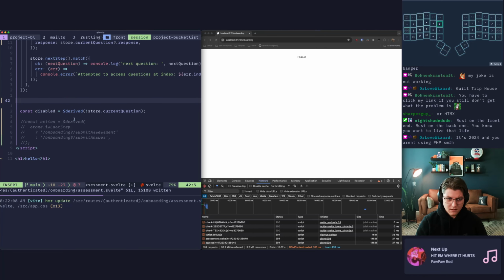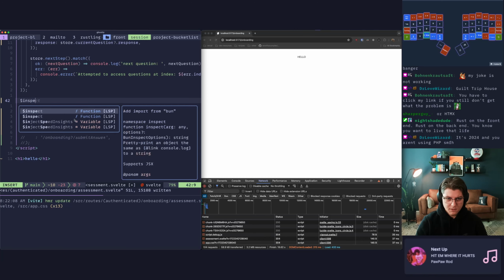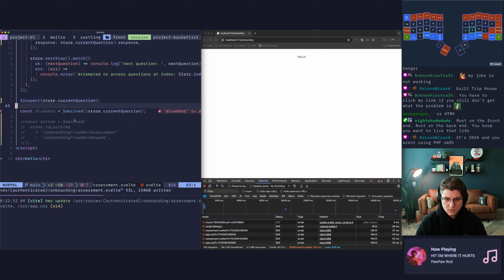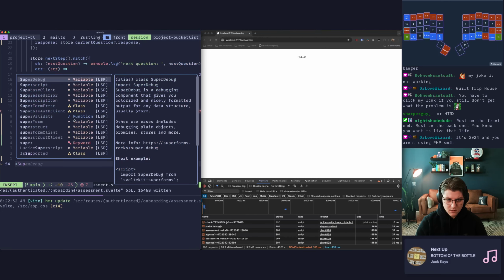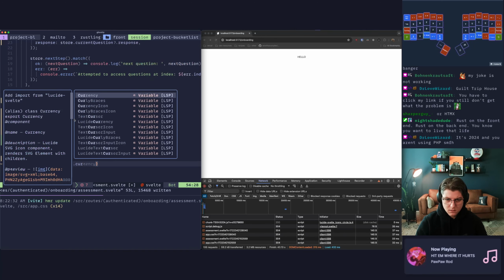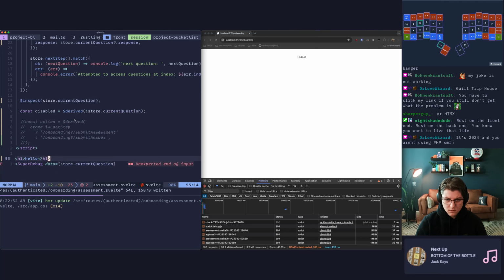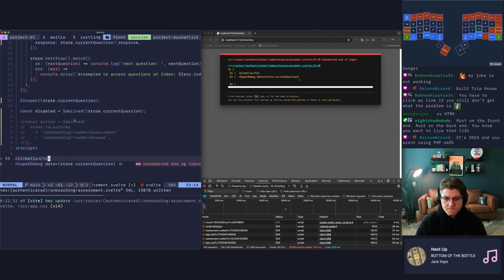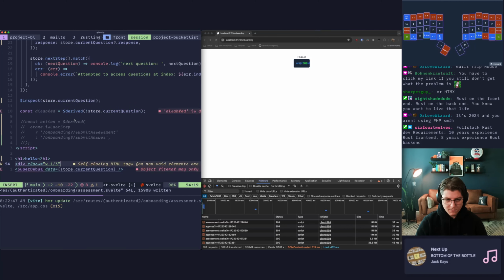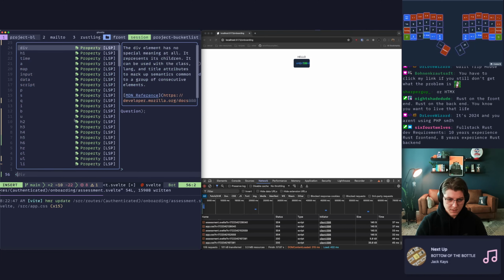What are we getting here? Where's my inspect rune? And we'll just do store.currentQuestion. And I also want to get SuperDebug out. Data is equal to store.currentQuestion. Put this in a div that has, I don't know, width 1/3, perfect. And we'll close up that div.